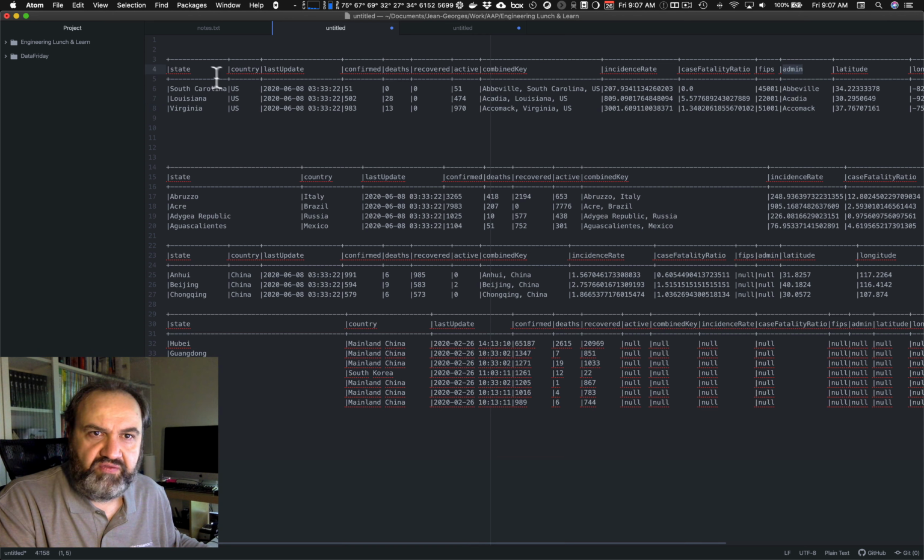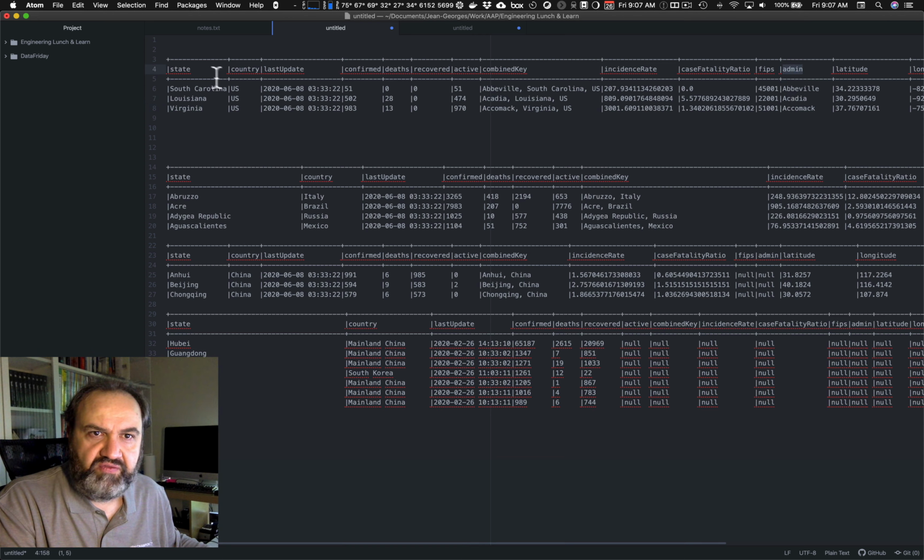And in early records, we did not have this combined key. This is where you can see that we had things like mainland China. That's one of the problems we already solved in the data, to unify on China, and we also have null values.